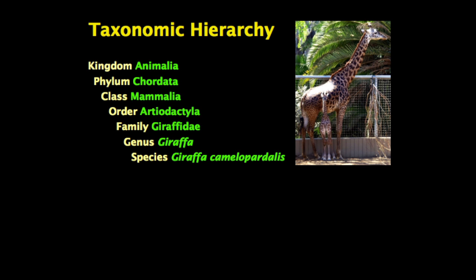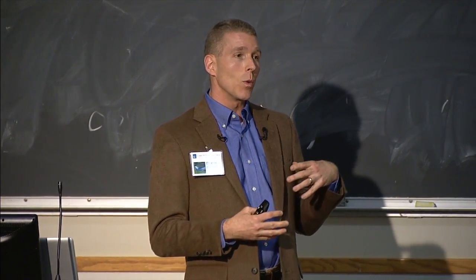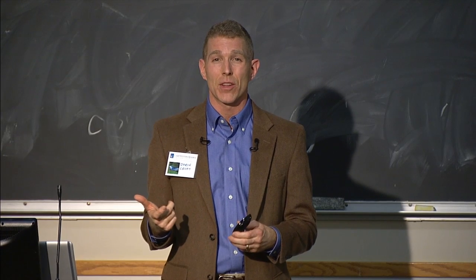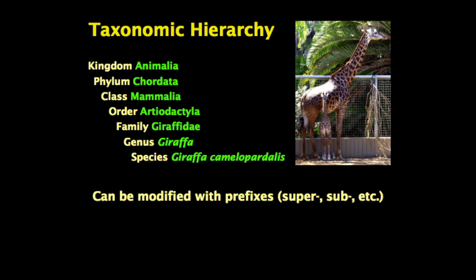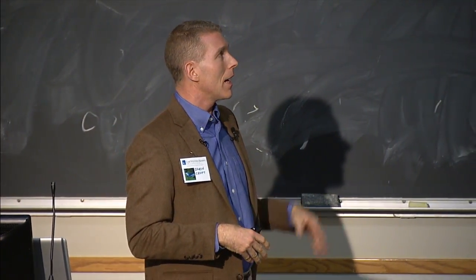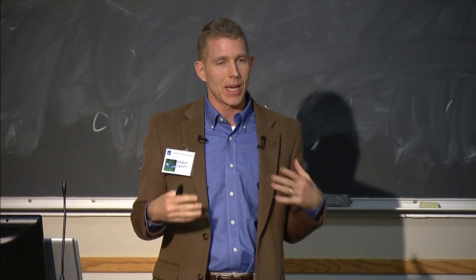And I think Andy talked a lot about genus and species. Keep in mind that we have binomial species names. You can't use the second part by itself. That's called a specific epithet. You have to italicize them. If you can't write in italics, you just underline it. That works too. These levels can be modified by prefixes. We can talk about superorders or subfamilies or infraorders, which means there's really an infinite number of levels that we can put into this classification scheme.